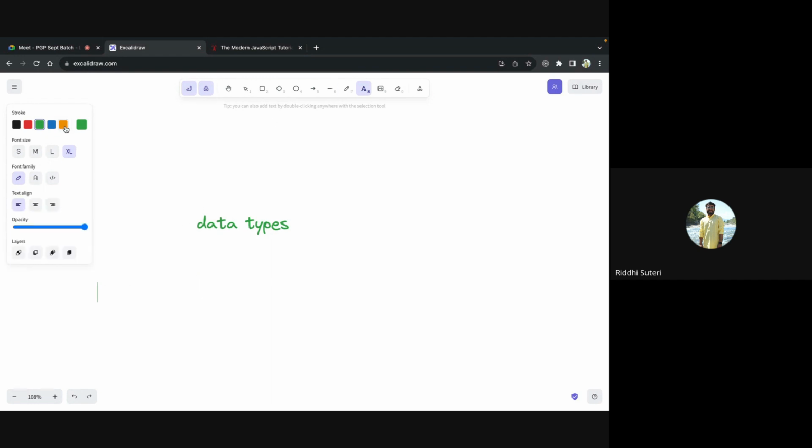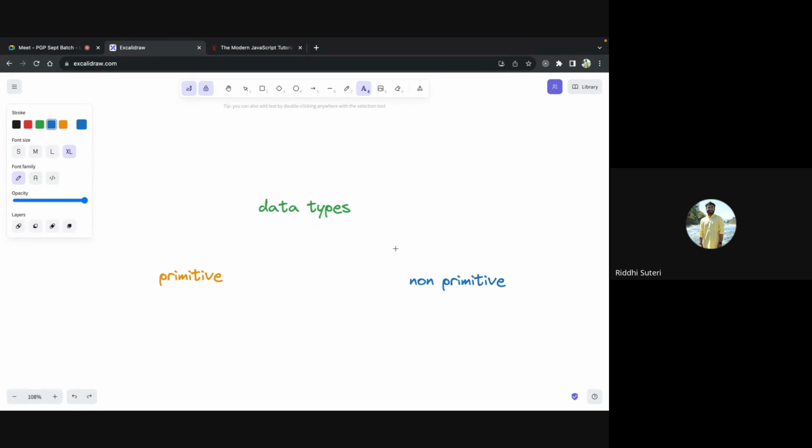The first categorization that we have is the primitive type. The second type of categorization is the non-primitive type. There is a very simple and straightforward discussion when we talk about primitive and non-primitive. Primitive means the simplest form of data type that exists in a language. Non-primitive means not exactly the simplest form. It is a combination of your primitive data types, sort of an advanced layer on top of your primitive types.